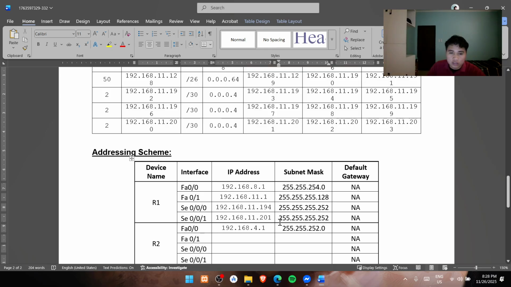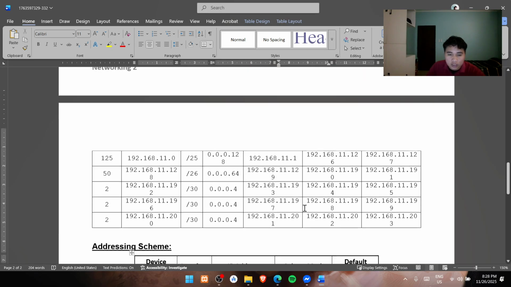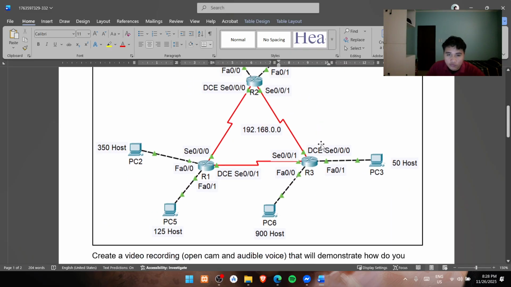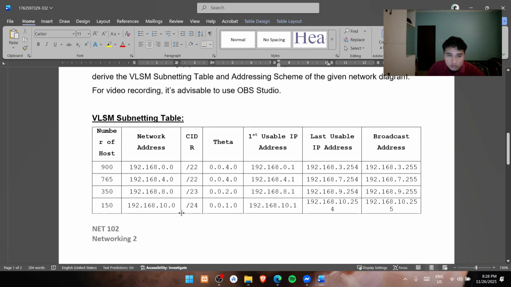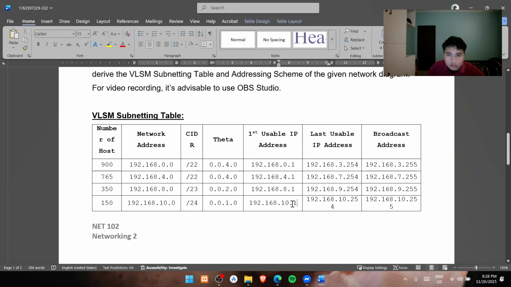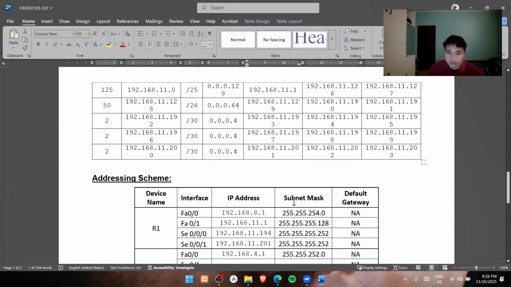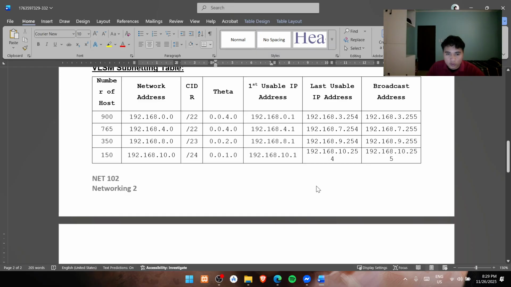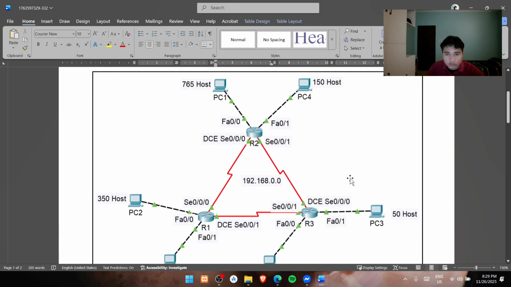252.0. So let's find the sign in FA01. The sign is PC number 4 on 750 hosts. Let's get the first usable IP address. PC number 4,